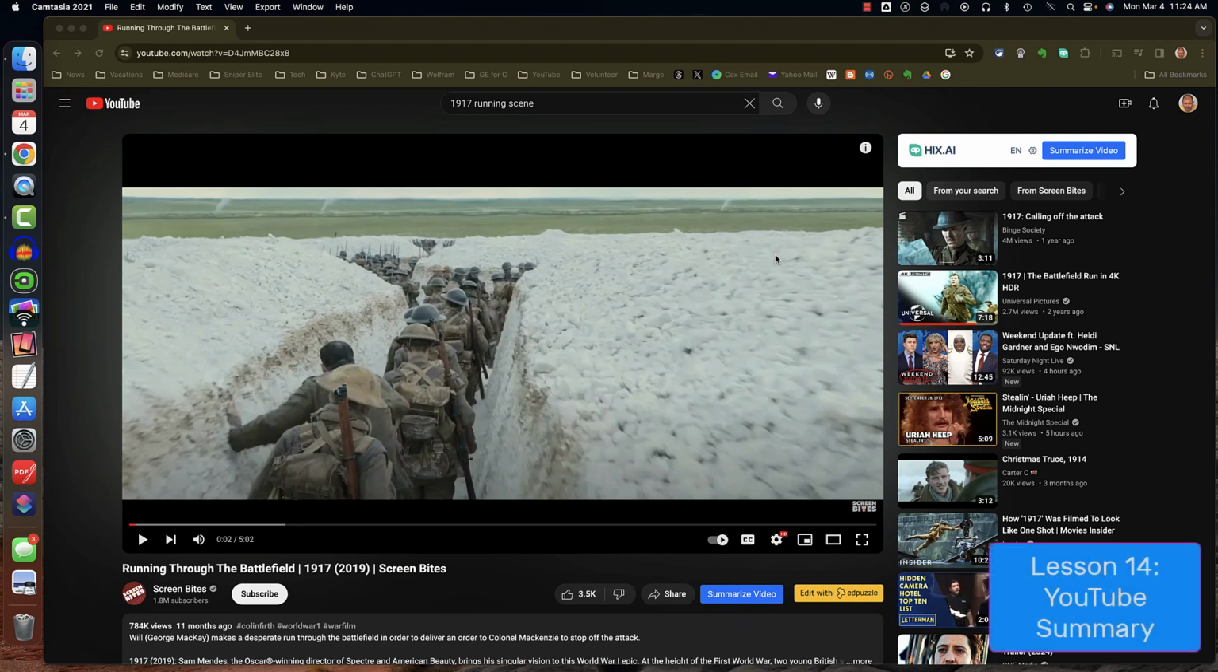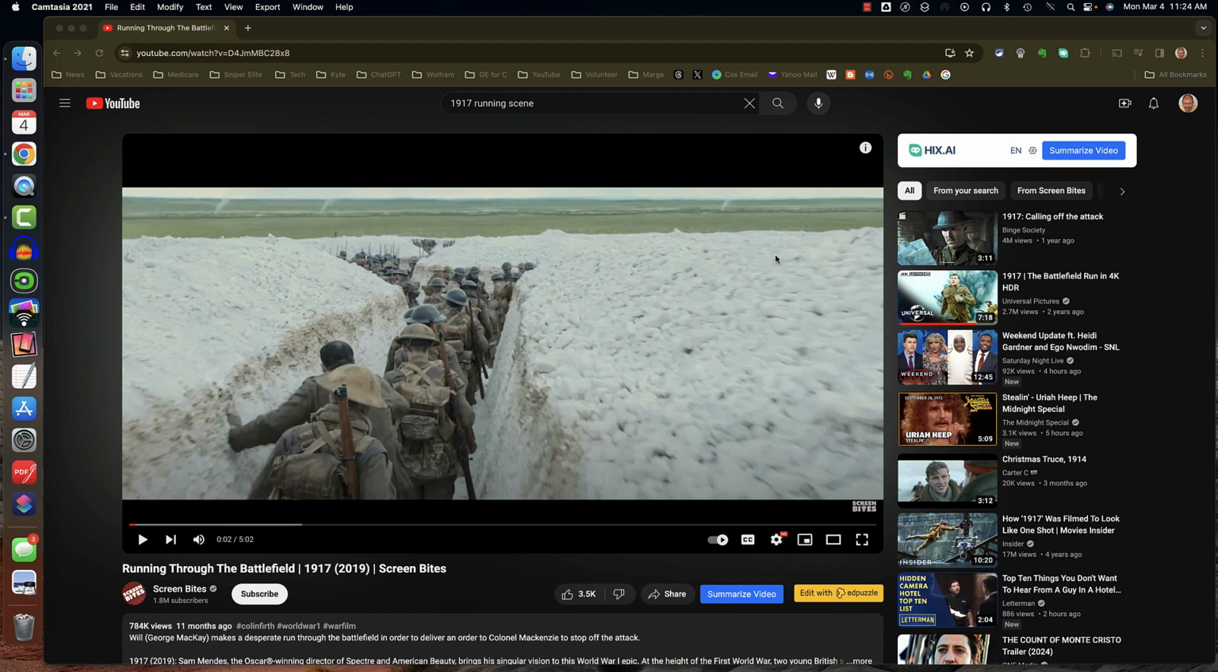The YouTube summary tool is a little bit different from some of the other tools in the Hix.ai browser extension. When you go to a video on YouTube, if you have the extension running, you'll see a Hix.ai summarize video button near the upper right corner. If you click on summarize video,